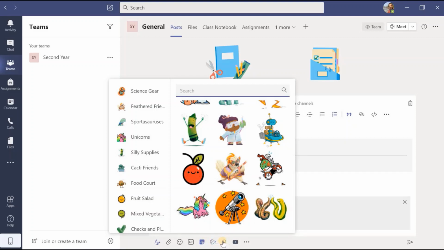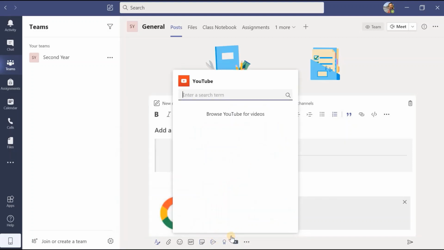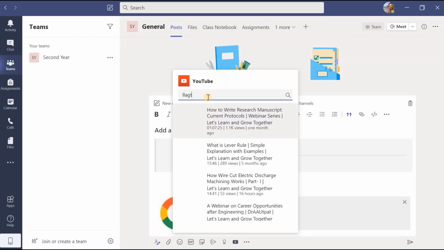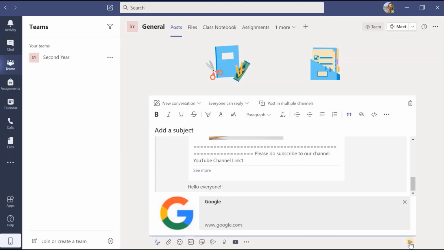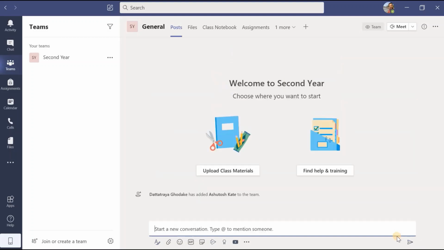Still, the stream and praise button is there, which we will discuss later on. If I want to send a link through YouTube, I can search for it, attach that link and send that message by clicking here.